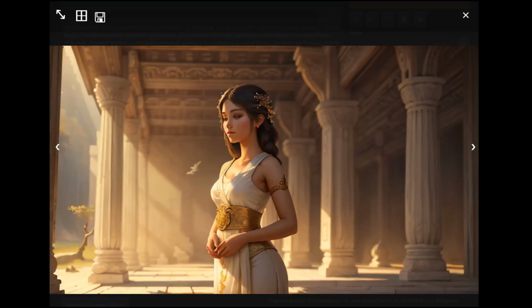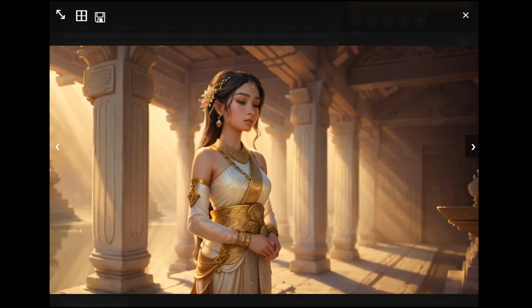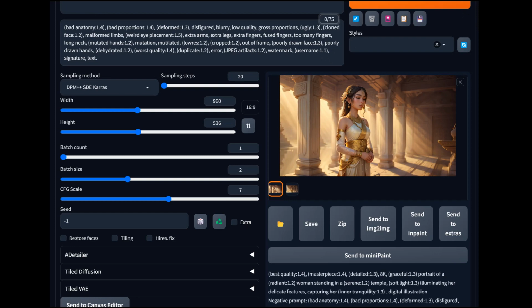So now let's take this scene here. We got this pretty girl standing in a temple. It looks kind of Greek, whatever. But we have some good structure. We have the columns, background, some various other things. But the person is really well put together, very focused and centered in the image. So we're going to take that and